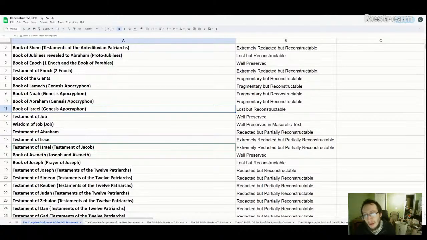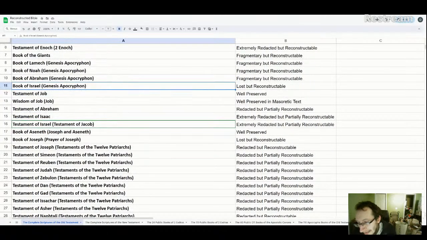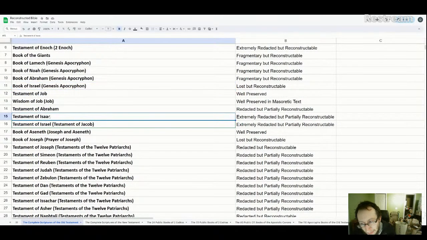It did not exist. However, Isaac probably did write something down, and if he did, it would have been a testament of some kind. According to Jubilees and the Testaments of the Patriarchs, Isaac did receive the laws of the priesthood, and he taught Levi. Isaac taught Levi the priesthood laws in full. So Isaac had some type of instruction that he gave his descendants, and I believe that some form of the Testament of Isaac probably once existed.